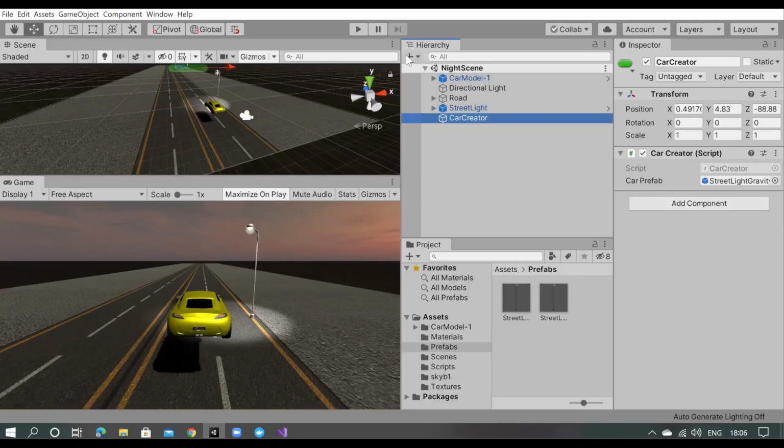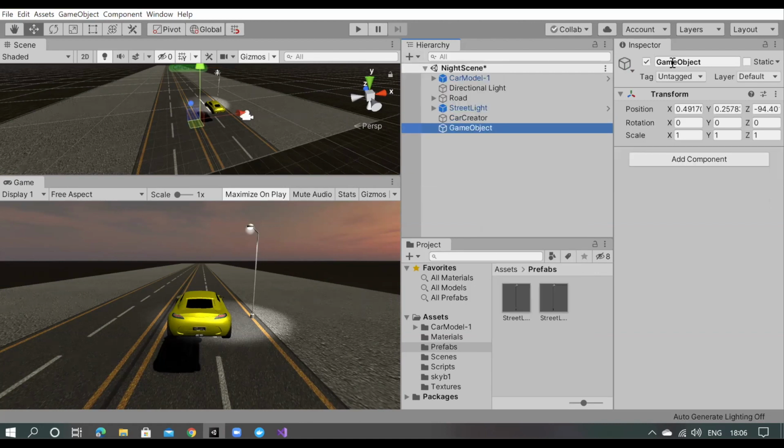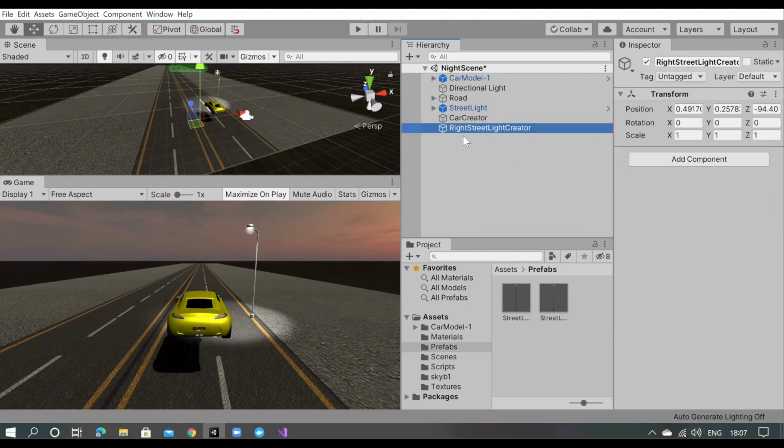I'll create another empty object and call it street light creator.